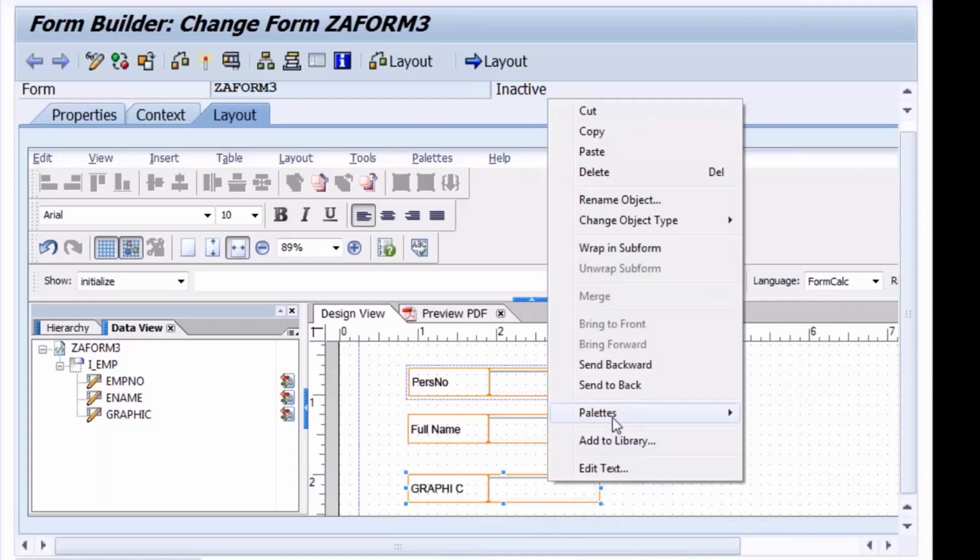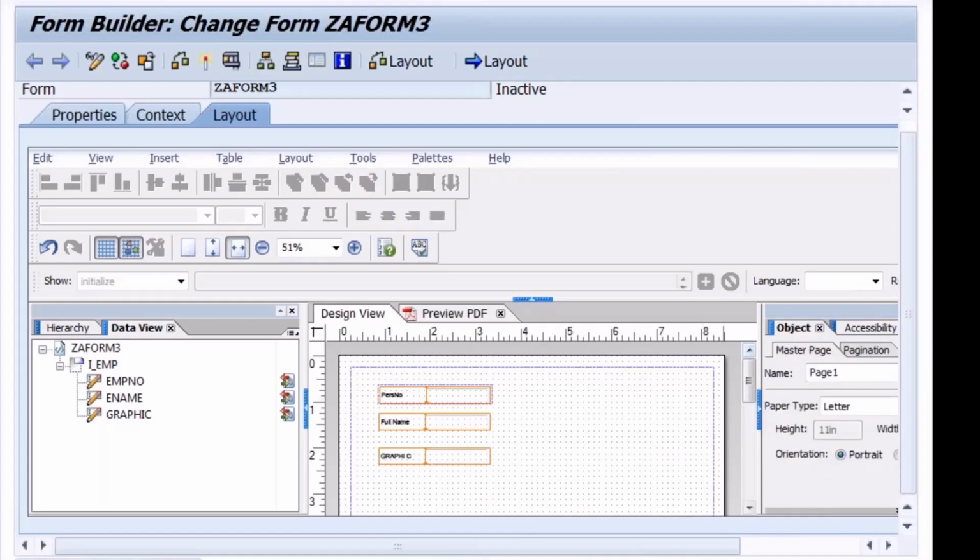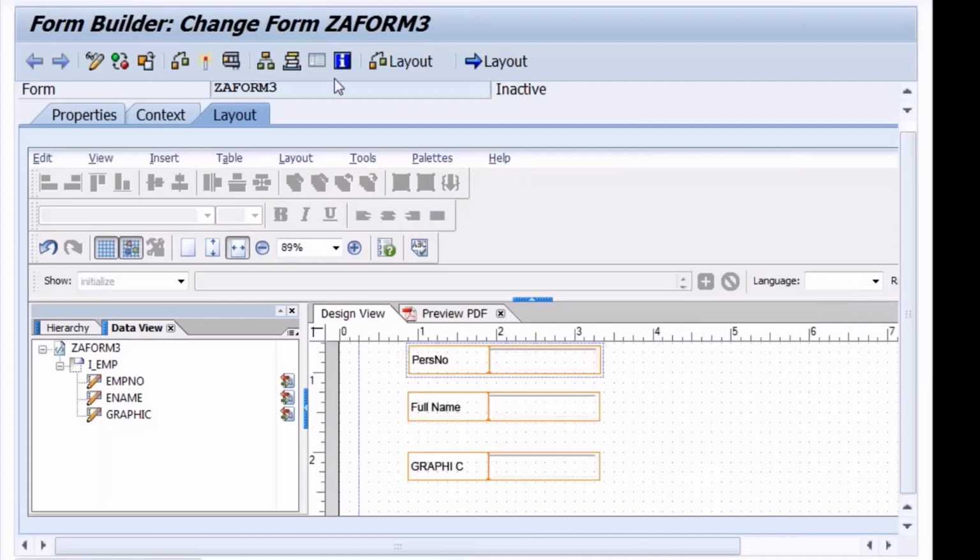This is my graphic object, palettes, object. One second.